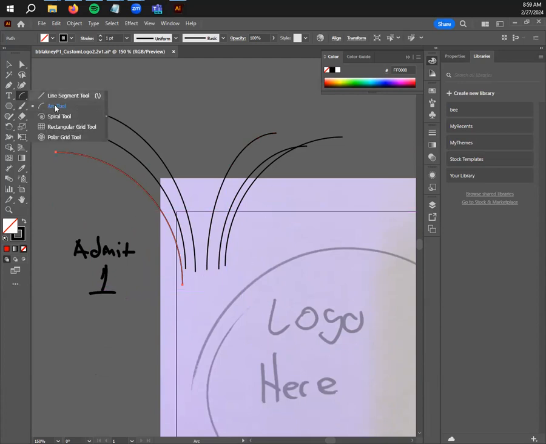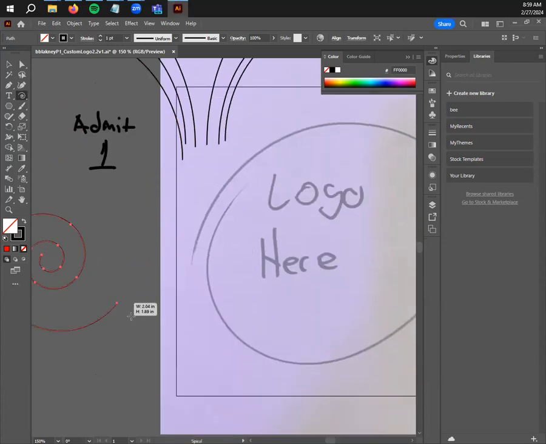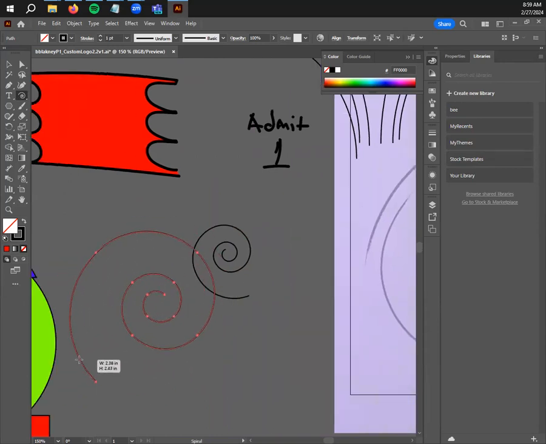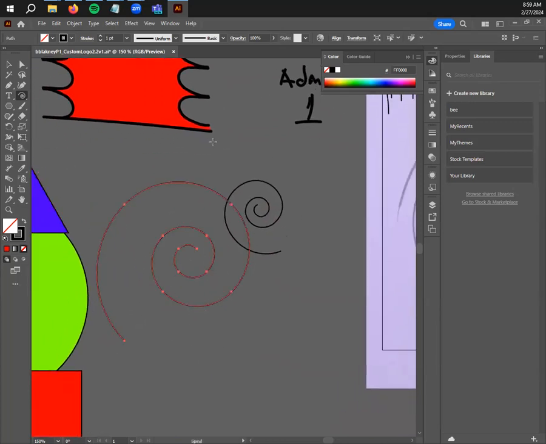The curve tool, or the arc tool, I mean, in that line segment tool is a really useful thing that you can try. There's also the spiral tool, which does exactly what it sounds like. It's going to create some spirals. If you hold shift, it doesn't do much besides snapping it to a specific angle, because these spirals are just going to make spirals. There's not much to say about it here,